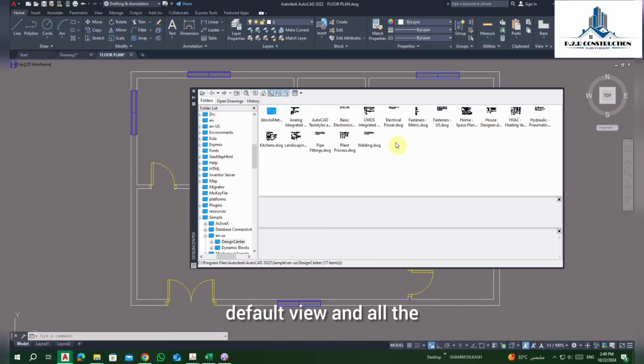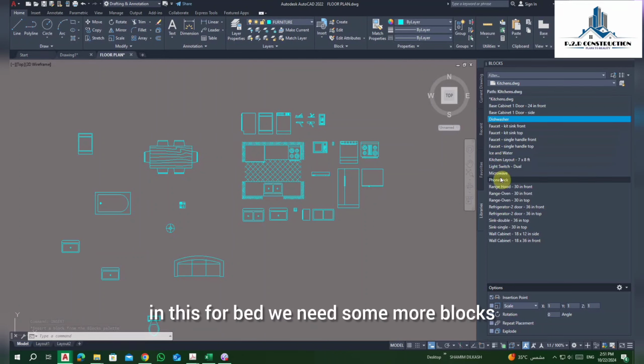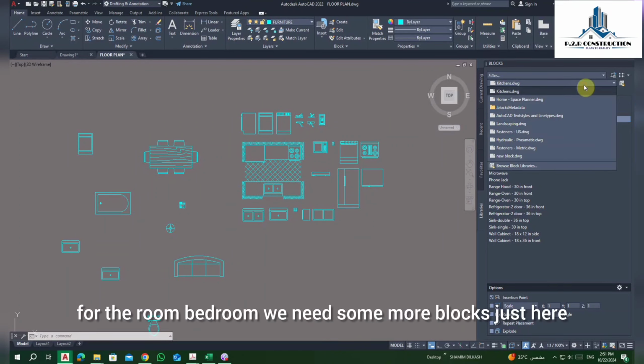Now here is the library. If you want to change it, many types of blocks will be added here. Just see this total kitchen of man-made blocks, and close this insert button. Now we need more blocks, insert block. Just click for the bed. We need some more blocks for the bedroom. Click at this point and go to browse, and here